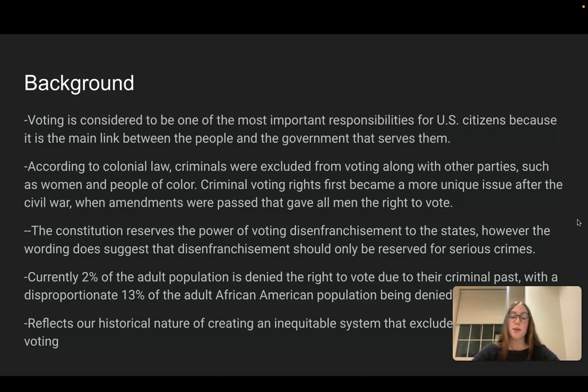The Constitution reserves the power of voting disenfranchisement to the states. However, the wording does suggest that disenfranchisement should only be reserved for serious crimes. So there's no specific policy outlined in the Constitution because that power is reserved for the states. Currently, about 2% of the adult population is denied the right to vote due to their criminal past, with a disproportionate 13% of adult African Americans being denied the right to vote. And this reflects the historical nature of creating an inequitable system that excludes minorities from voting. So it's kind of today's version of Jim Crow laws, as it disproportionately affects people of color and other minorities